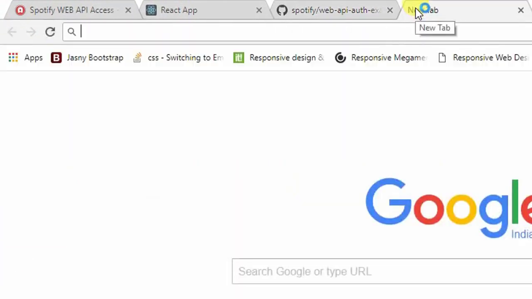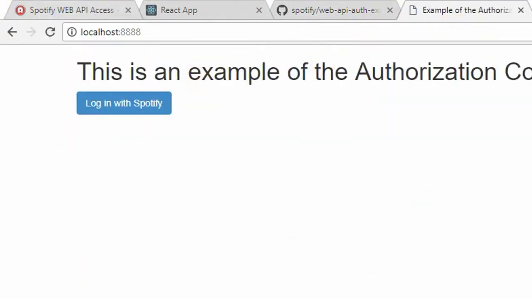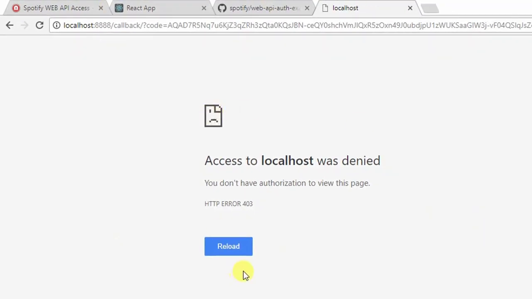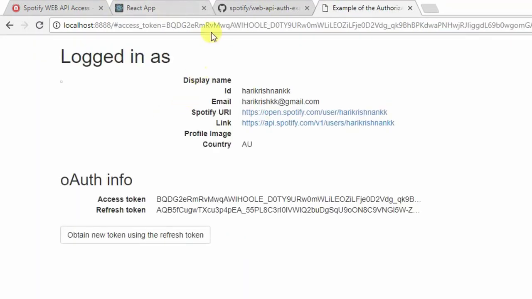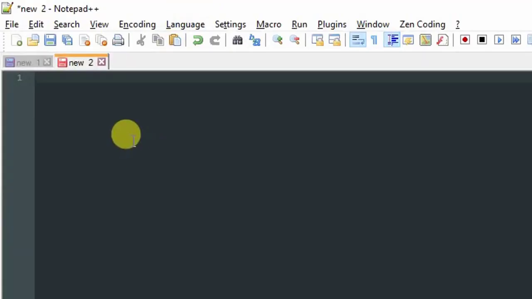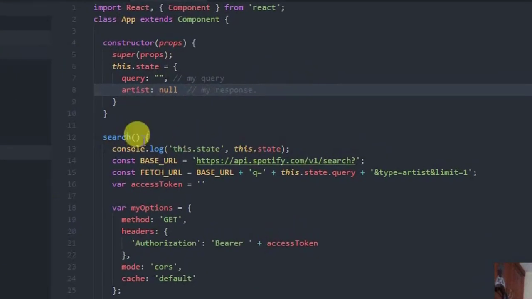Now navigate to localhost:8888, which will take you to this page. Click login with Spotify. At first load, you will probably see this screen. Just click reload, and it will take you to a page where you will have to take a note of this access token. Take a note of this, save it somewhere else, and I'll head back to my application which I have created